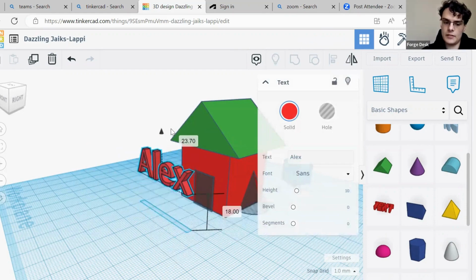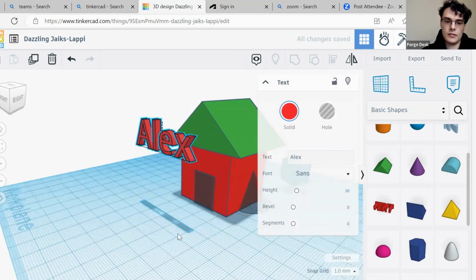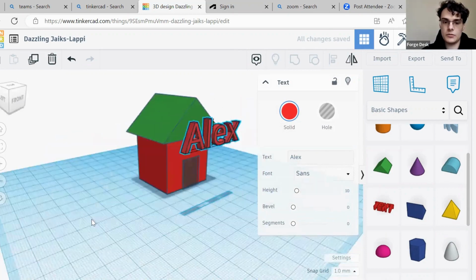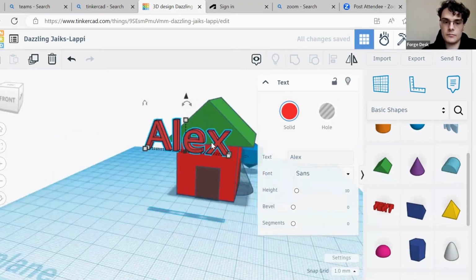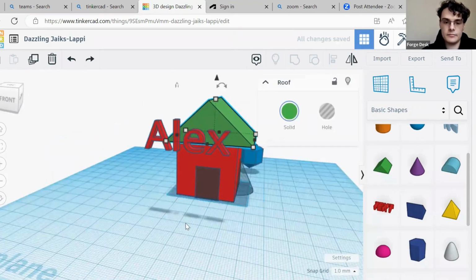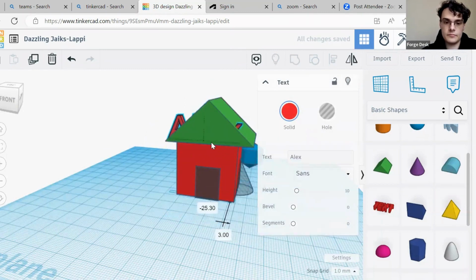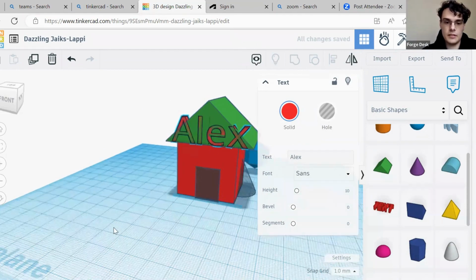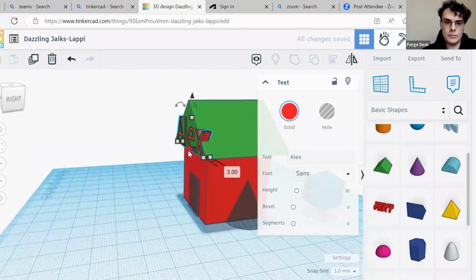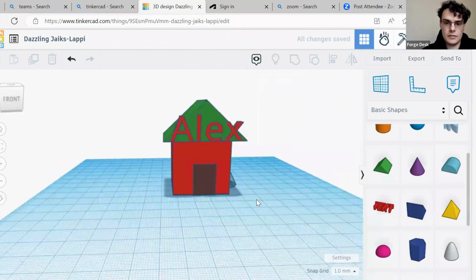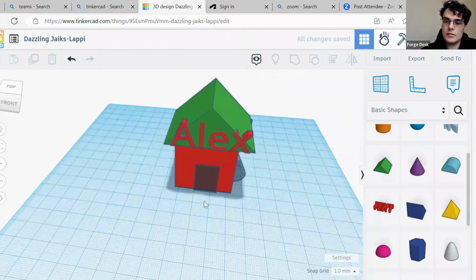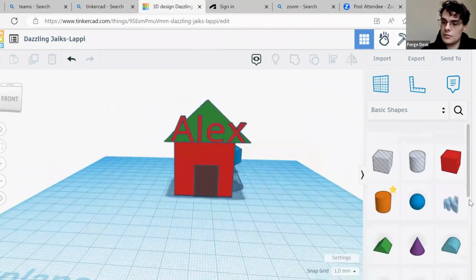And I want to get it up here so that way it's part of the house. Yep. And just bring it out more. So we got it. And we can also do just a,